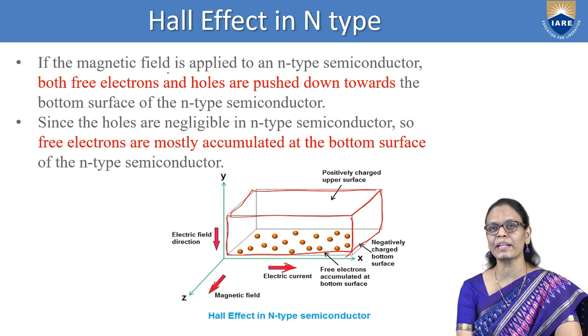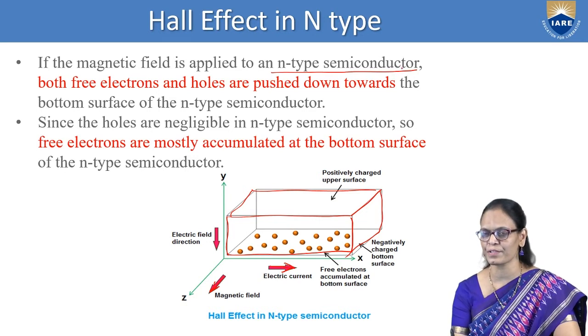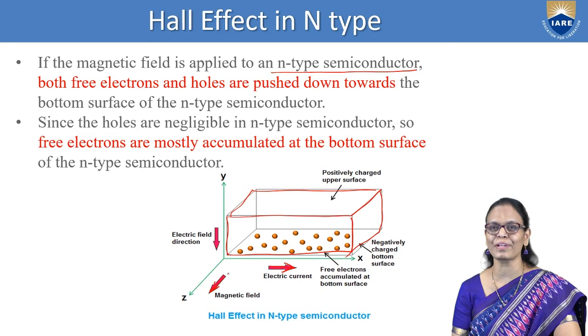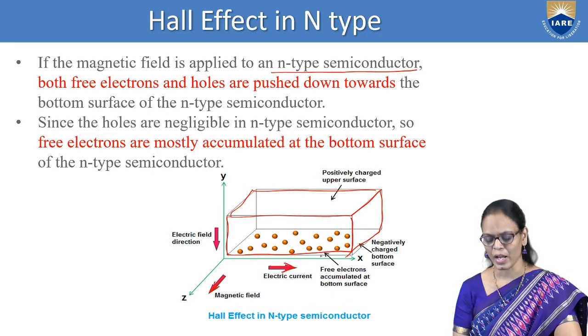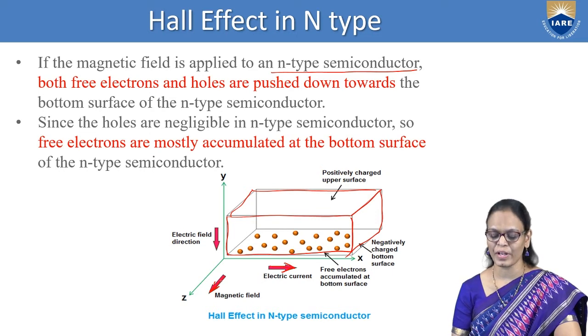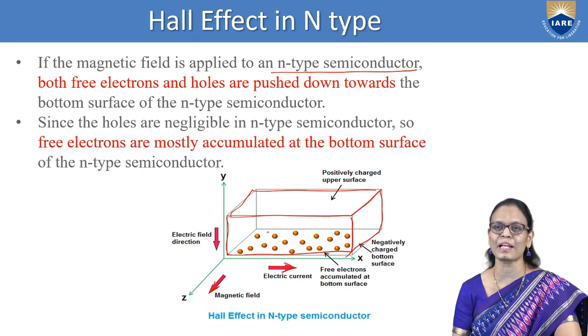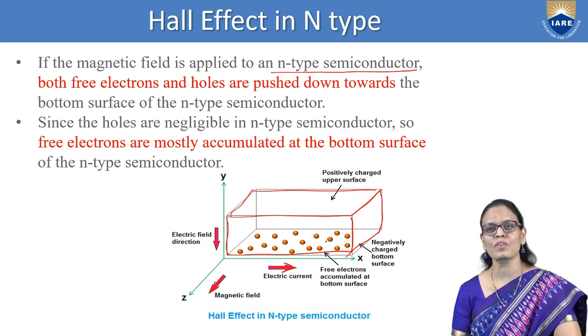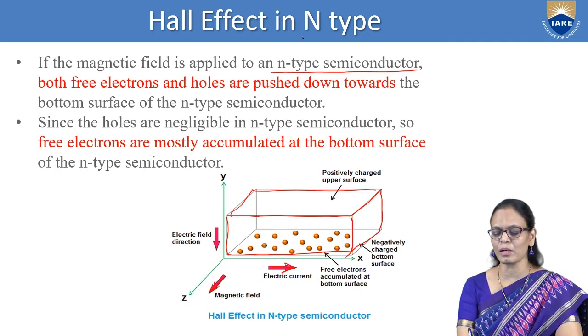So the magnetic field is applied to an n-type semiconductor which is carrying current. These two, the current and the magnetic field, are perpendicular to each other. Because of these two, as we have seen in the Hall effect, a force acts on the charges, and there will be a separation of charges. All the charges will be deposited at the bottom. And here, most of them are electrons, because we are talking about n-type.